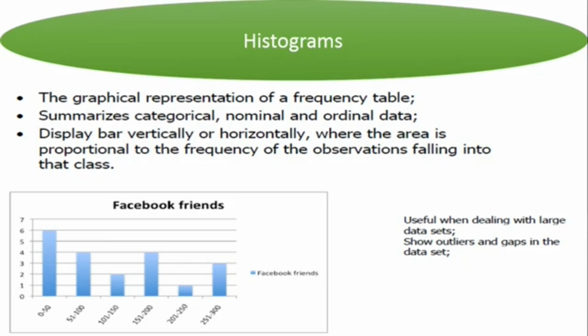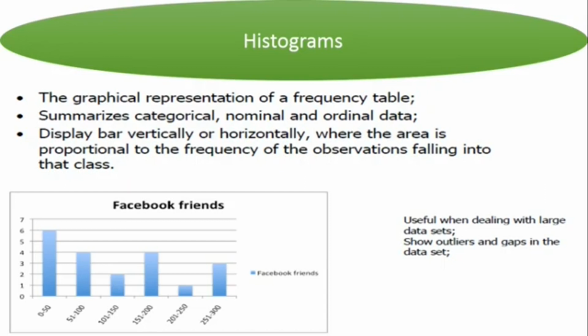So that's a good representation of a histogram used on this Facebook friend data, which has been categorized to show the different classes, the different groups of persons according to their number of friends in this